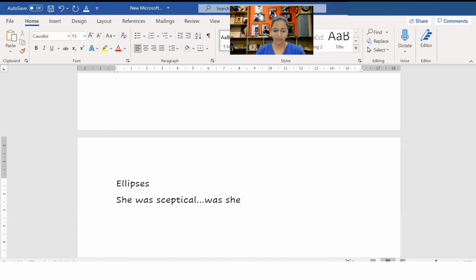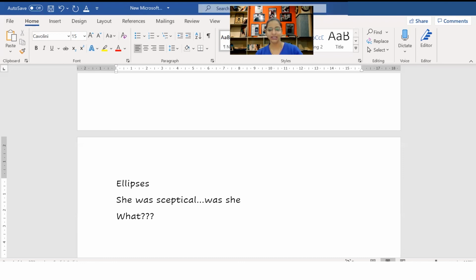You can use 3 exclamation marks together. You can use 3 question marks to show emphasis, that she was astonished or the character was astonished. Okay, the ellipses are mostly used when you are giving dialogues in creative writing or story writing. Otherwise, you don't use ellipses. Ellipses are required to soak in the content or the emotion that you have just given.